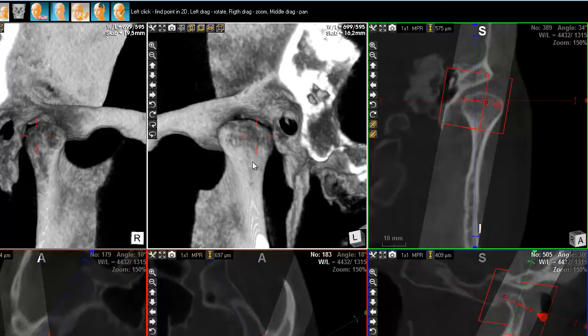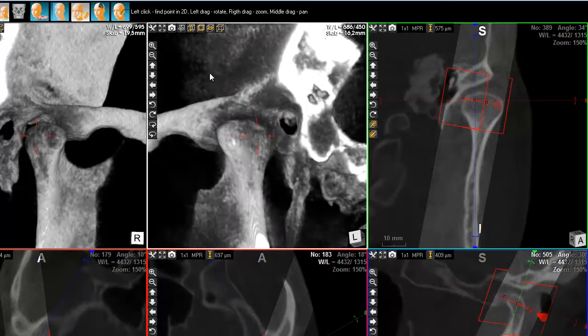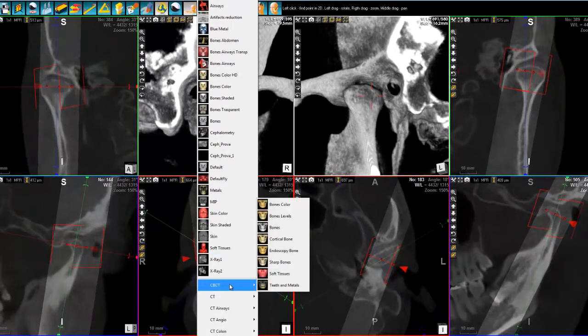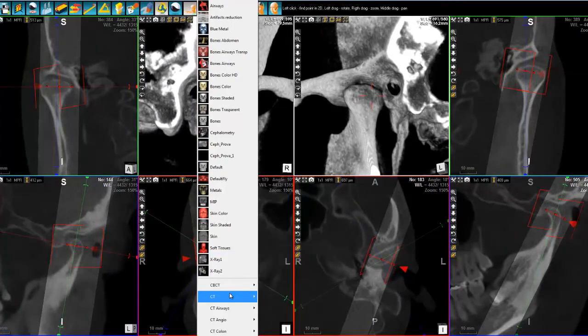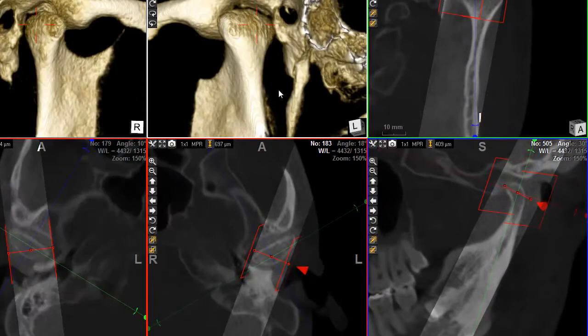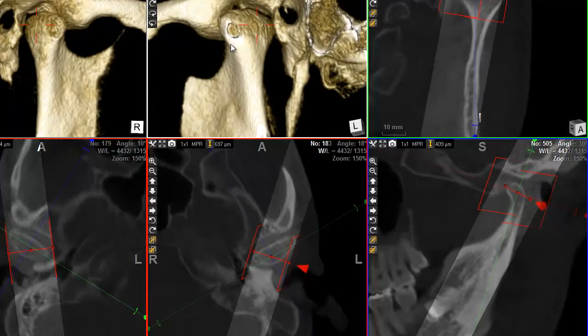And of course, as everything is 3D images, you can change the density, you can change the visualization as well, Bone for example. I think Bone HD is my favorite on this one. Look at that. It's beautiful. So this enables you to check the diagnostic. In general, you can move as you want